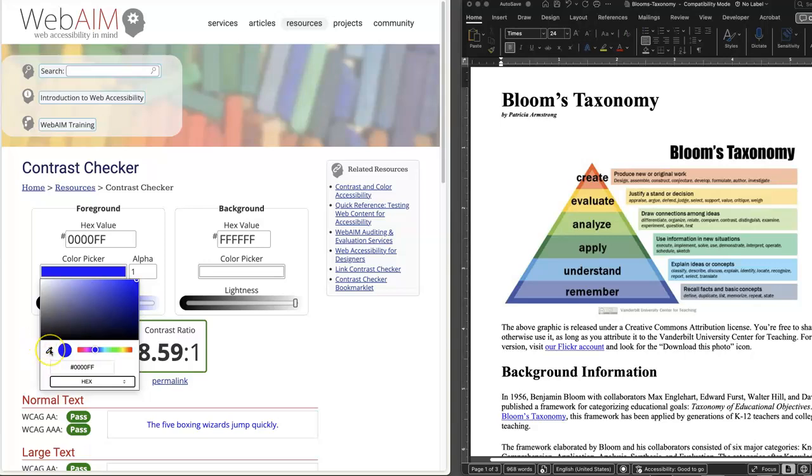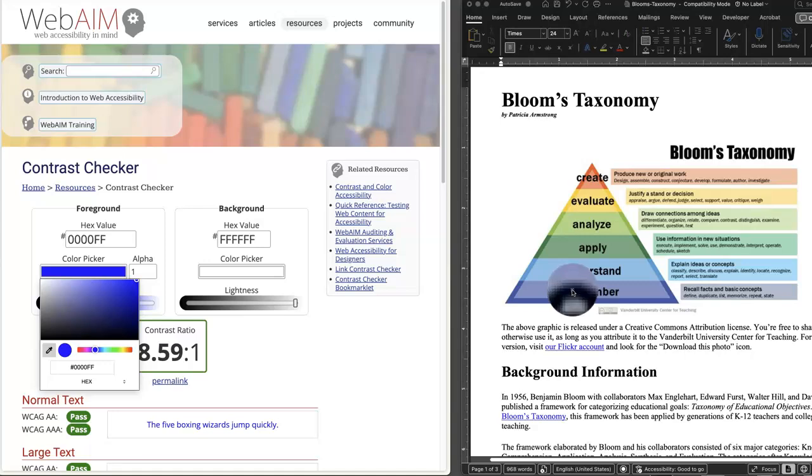When I select the eyedropper, I get a circle that zooms in on any pixels on my entire screen. I can move that circle over onto my Word file and specifically above the letters in the word remember.